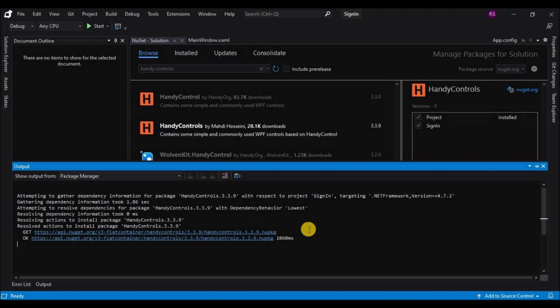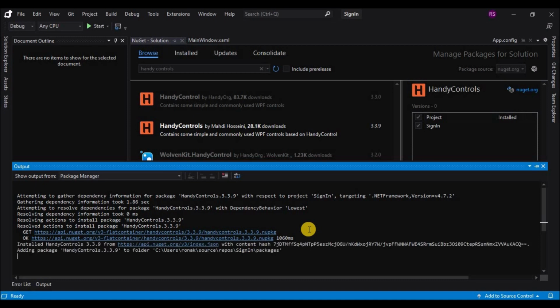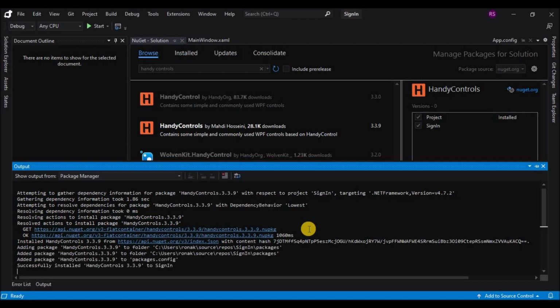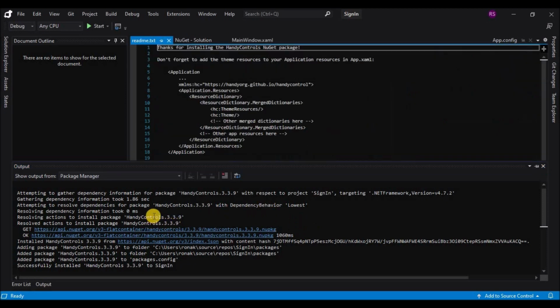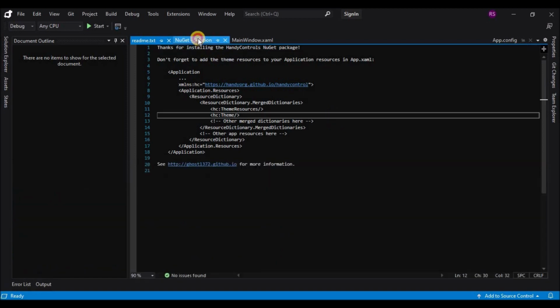Once the package is installed, it will open a readme file which will help you in further implementing the package in this code. Let's wait for the package to be installed. So it says it is successfully installed, and now you can see it has opened a readme file.